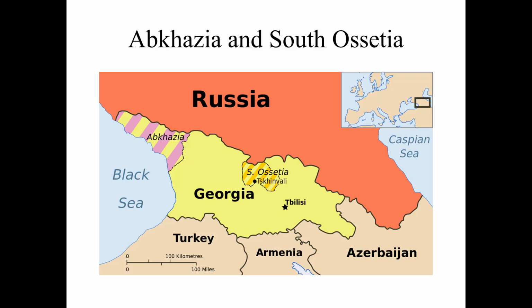So the United States will make all of these normative arguments about Kosovo being an independent country, but then look at Abkhazia and South Ossetia and say, hey, Russia, you can't do that. You can't screw with another country's borders. To which Russia kind of looks at them and says, I can't believe you said the quiet part out loud here. But if Russia supports Abkhazia and South Ossetia, why don't they support Kosovo? And the answer is very simple. Great power politics are at play here, ladies and gentlemen.